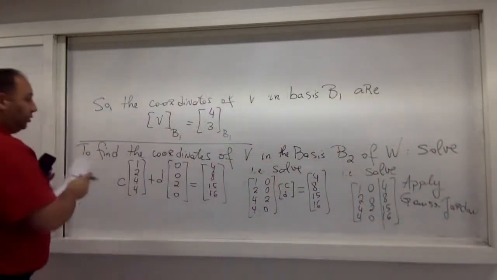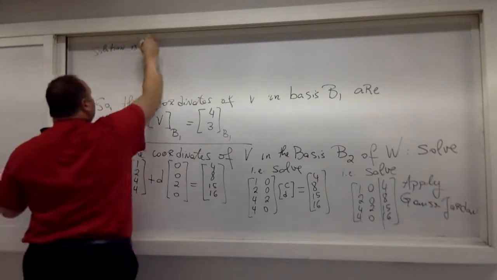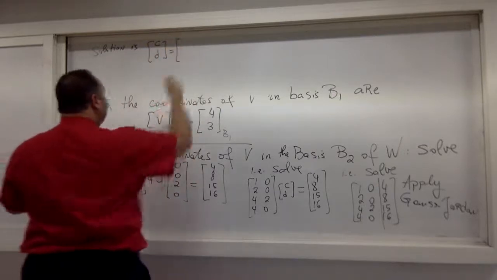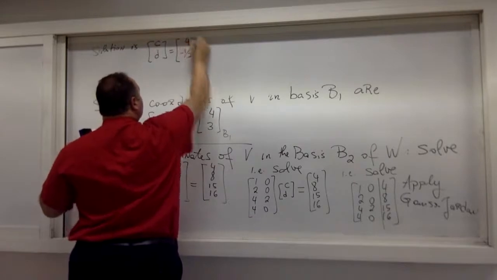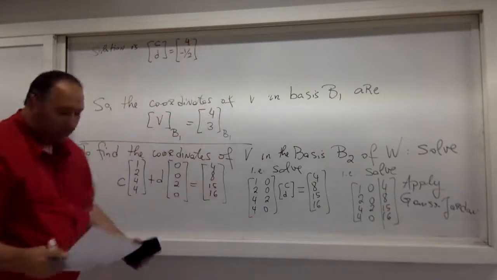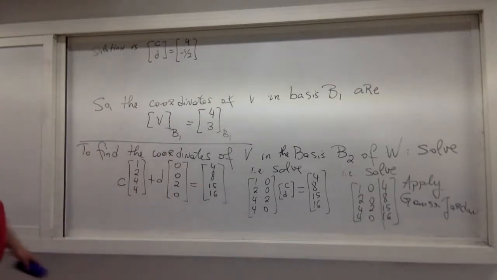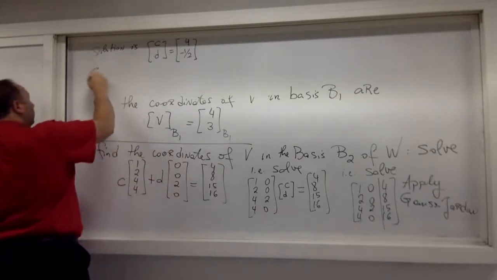Okay, so the solution (C, D) is equal to (4, minus 1 over 2). So that means that the coordinates of my vector v, the same vector, in the basis B2 are